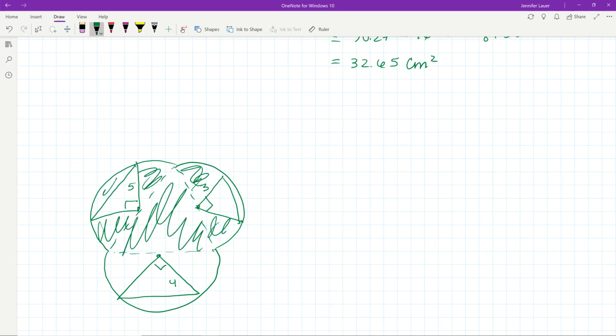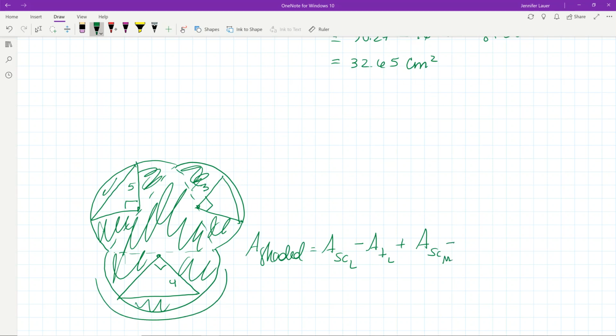If I wanted to know what's in the shaded region, let's think about it. I have the area of a semicircle that's pretty large, minus the area of a larger triangle, plus the area of a medium-sized semicircle, that would be this guy right here, minus the area of a medium-sized triangle, plus the area of,